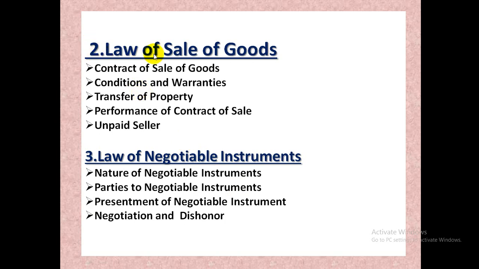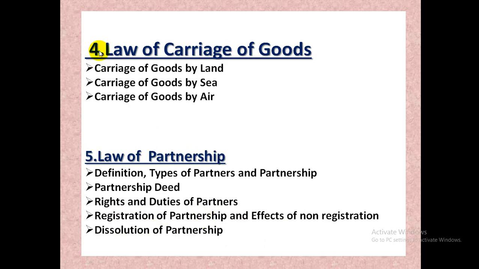In Chapter 2, Law of Sale of Goods, you have to study contract of sale of goods, conditions and warranties, transfer of property, performance of contract of sale, unpaid seller. In Chapter 3, Law of Negotiable Instrument: nature of negotiable instruments, parties to negotiable instruments, presentment of negotiable instrument, negotiation and dishonor. Chapter 4, Law of Carriage of Goods: carriage of goods by land, carriage of goods by sea, carriage